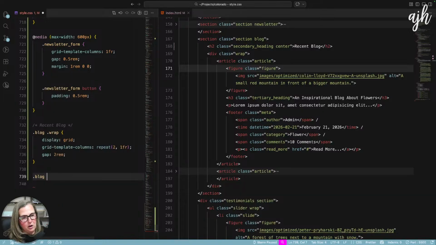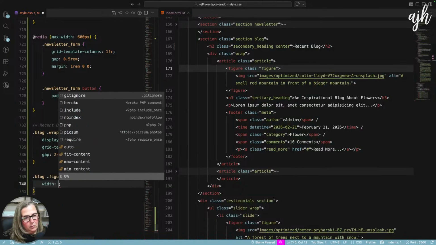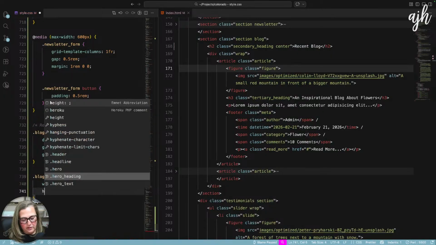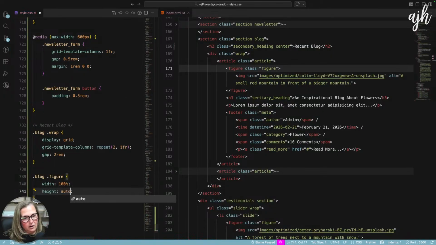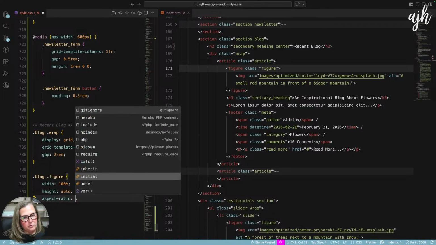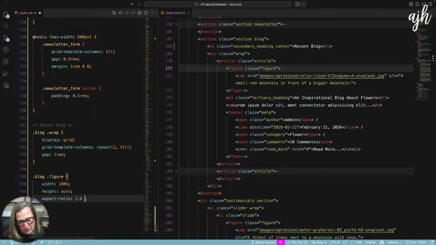So our blog figure, we have a width of 100%, a height of auto, an aspect ratio of 1.6 to 1.